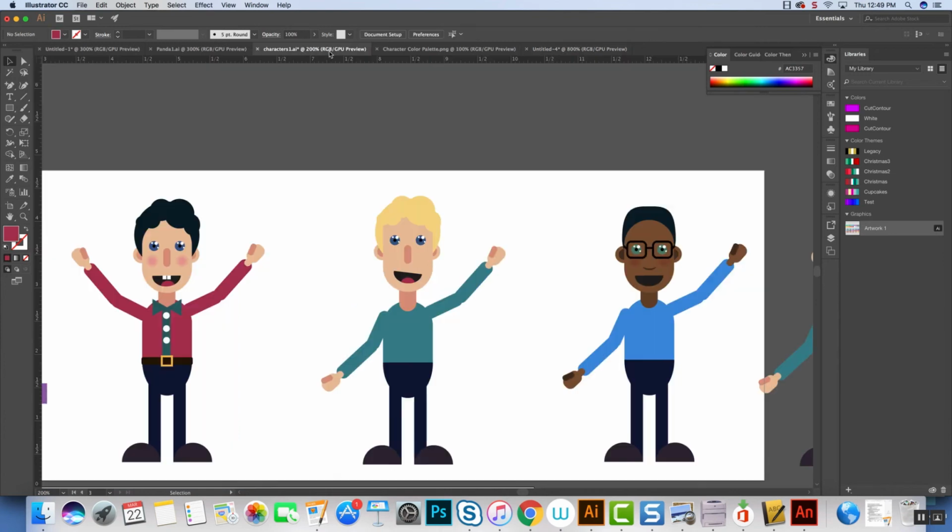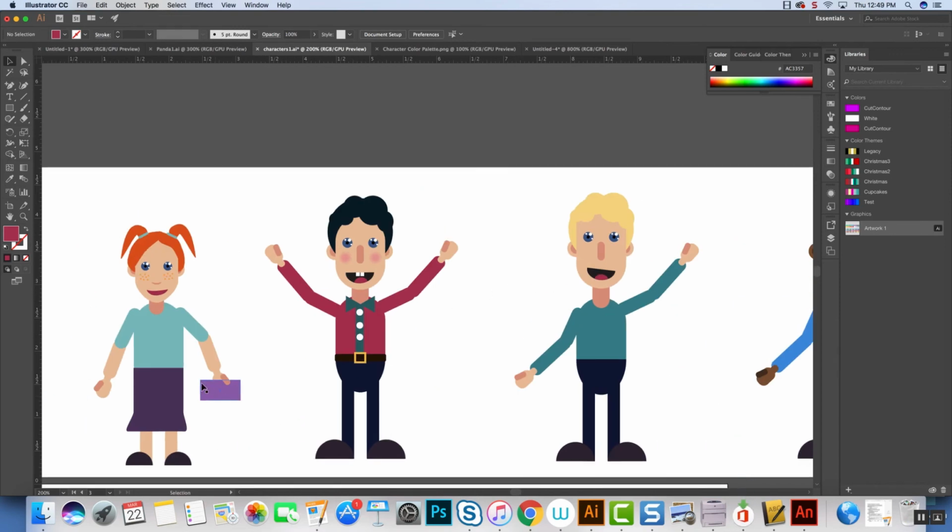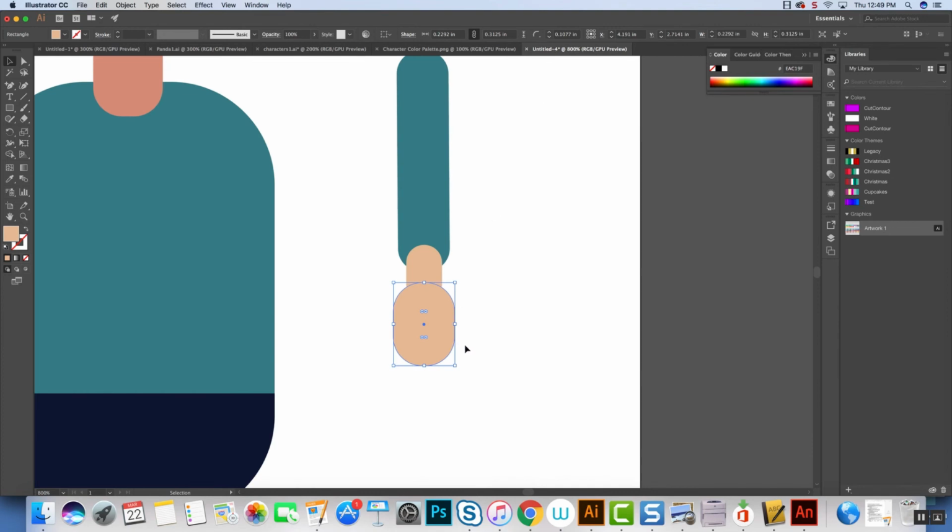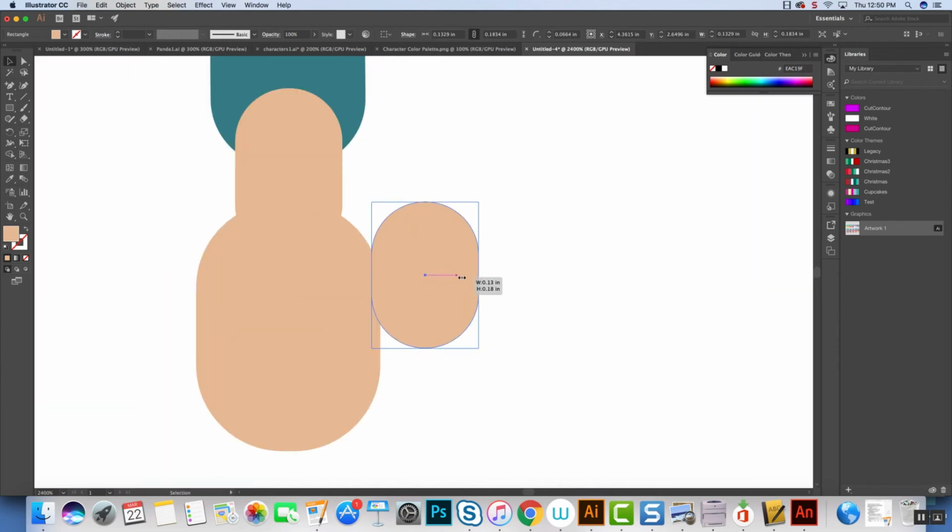And then the next thing we need to do is give him a thumb, because as you can see in my examples, we have a little thumb on there. That way your character can be holding an object if you want it to be. As you can see here, I have her holding something. I don't know what it is, but it's something. Okay, so let's just make a thumb. So I'm just going to copy the wrist shape. So press and hold the Alt key, click and drag out a copy, and then I'm going to resize it,